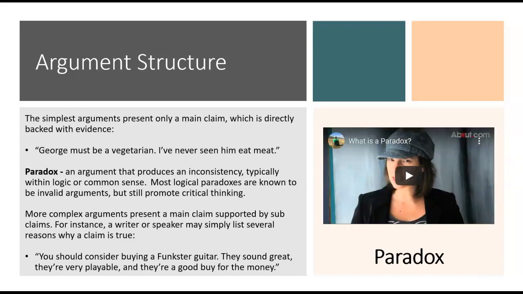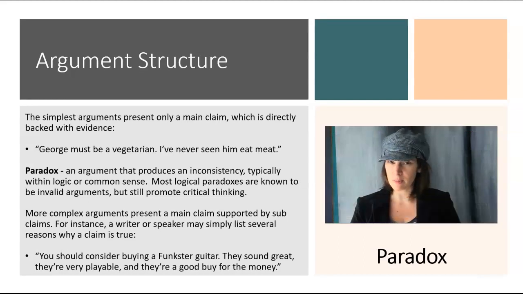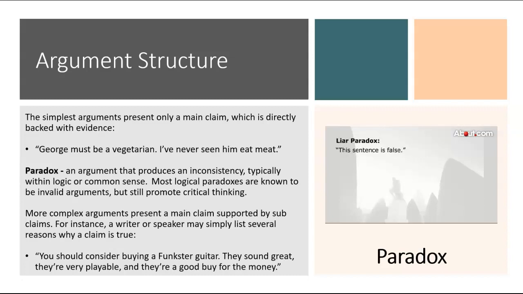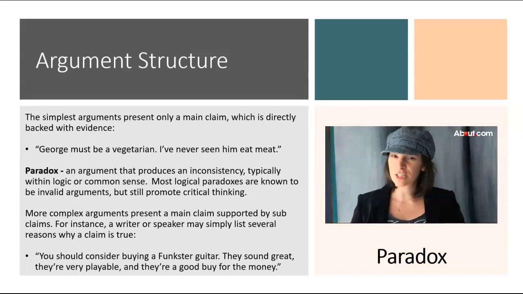Here are a few examples of paradoxes. A paradox is a statement, a concept, a situation, a person, or anything that seems contradictory or defies logic. The most commonly recognized paradoxes are in the form of a statement that appears to be absurd, like the liar paradox, which is, "This sentence is false." What makes this a paradox? Well, if the sentence is false, then it's not true, which means that the sentence must be true, but it can't be because if it was true, then it would be false. This statement defies logic, it contradicts itself, it's a paradox.